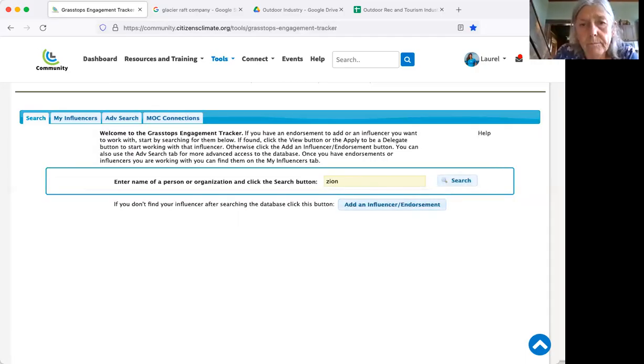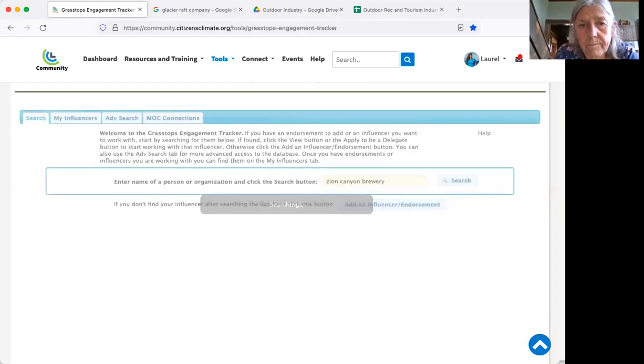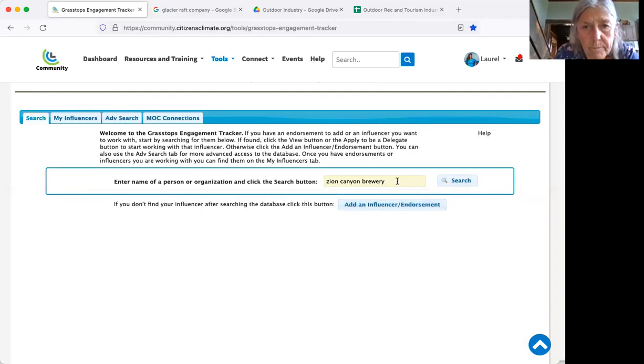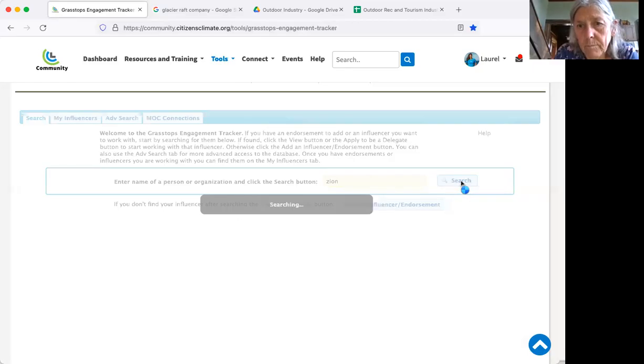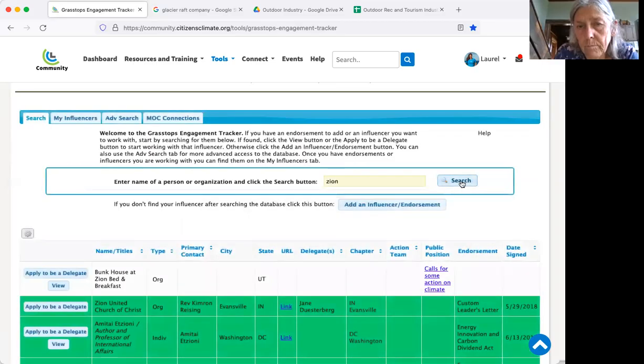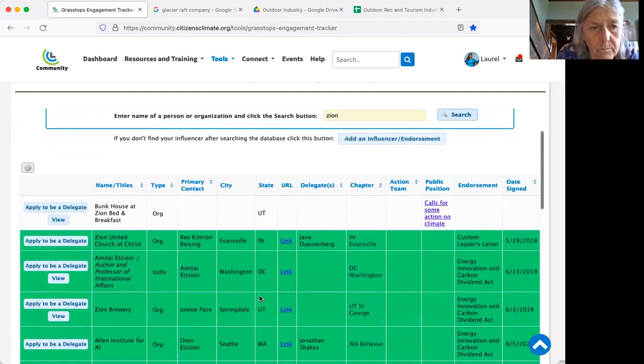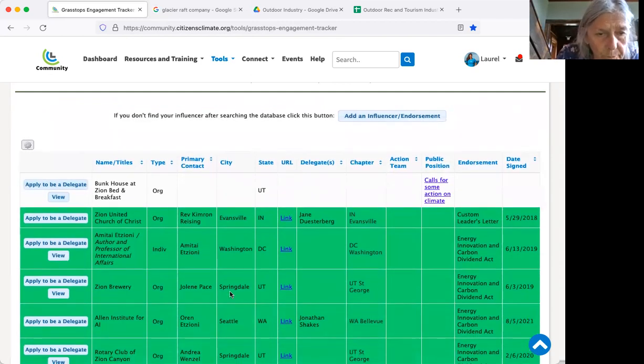Let's go for Zion Canyon Brewery. They may be in, not in. Okay. Out of curiosity, I always get curious, by searching for Zion, then I can see what other Zion companies there are. Well, there's Zion Brewery right there. Oh, good. Okay, so Springdale, Utah. Yeah, Jolene. Yep, they're in. They're in. So you can see that